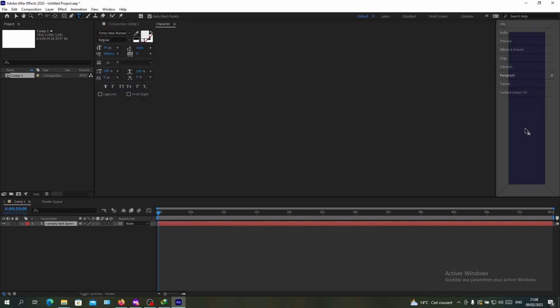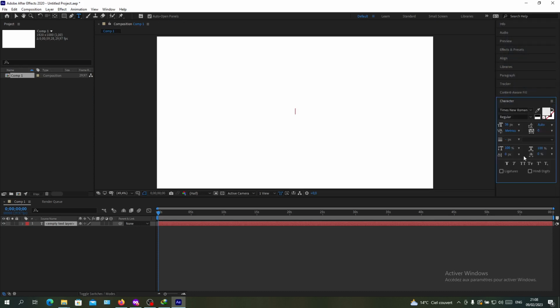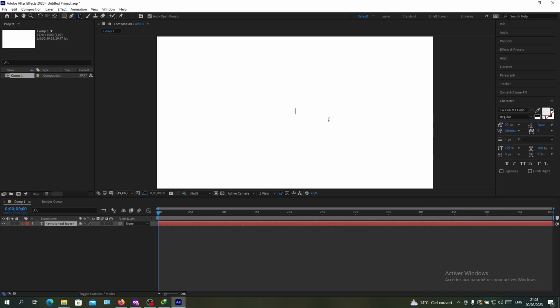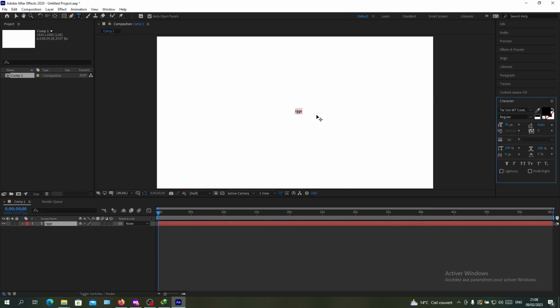Let's just have it here. I want to just not toggle it. So basically this is your character panel. You can change the fonts. Let's change the color. So let's make the color darker. Now we are seeing our color, and basically you can